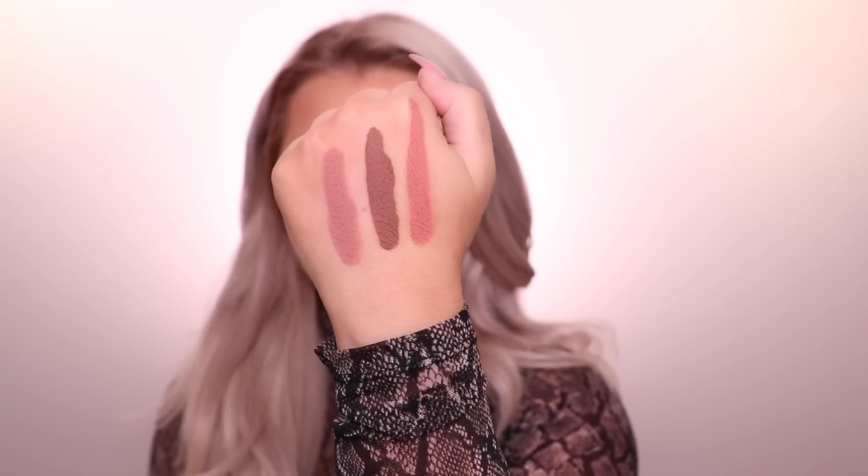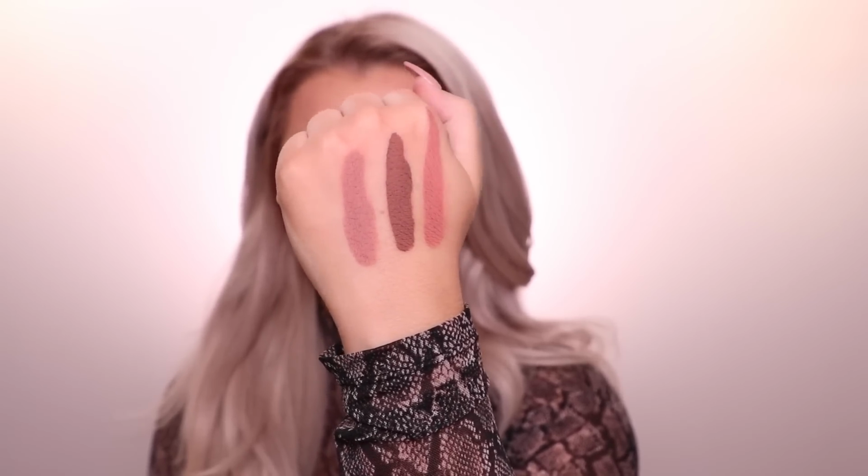So here are the swatches. So you have Melted and Au Naturel. I went ahead and grabbed the color that I have on my lips right now, which is called Raw. It is right here, so it's a little bit more cool toned, a little bit more neutral, but these are one swipe pigment to me, and I didn't feel like it was any different than any other liquid lipstick on my lips. Now, of course, I've only been wearing it for maybe 2 hours,